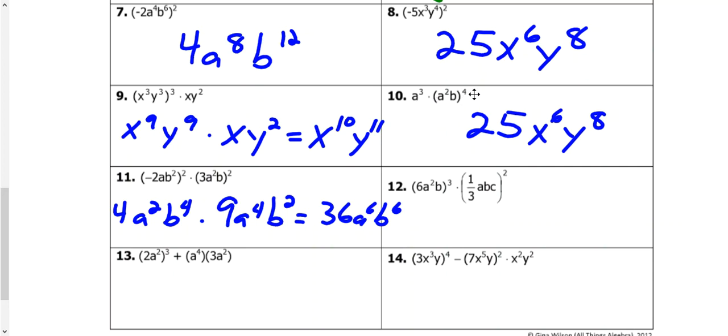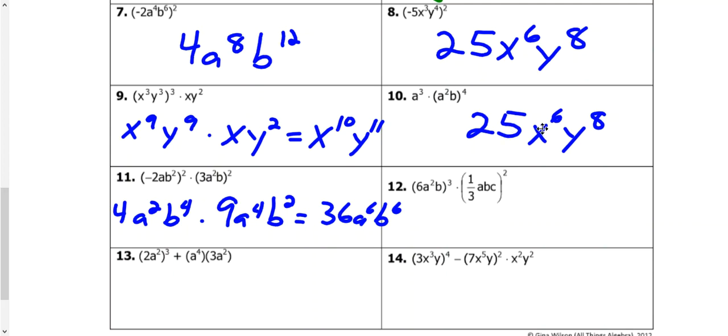Well, first thing we got to do is distribute this 4th power across these and then combine the terms. So that's x to the 6th, and then b is to the 4th power. Well,